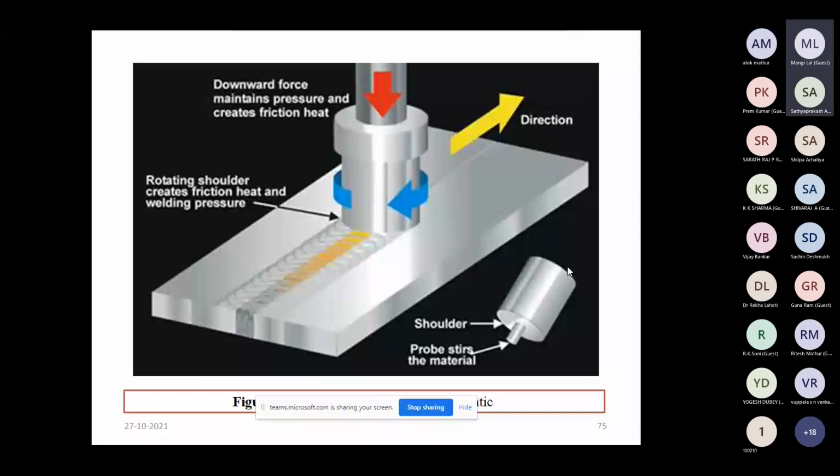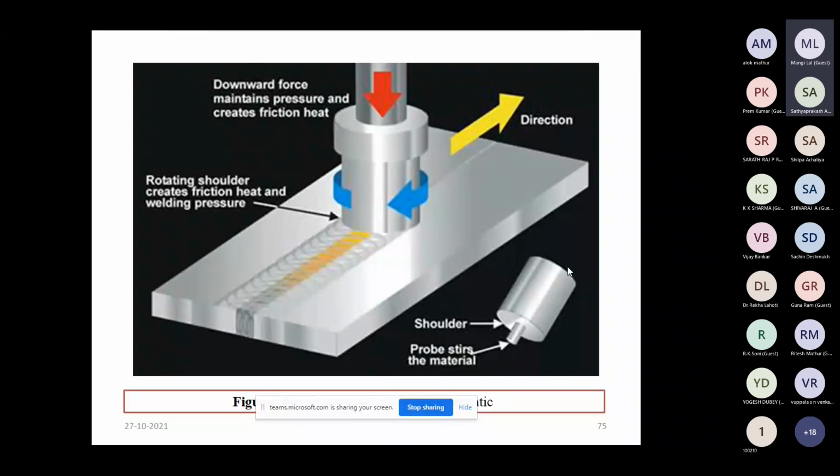Okay, so this tool is compressed against the joint, against the material to be joined. Due to the large pressure, frictional heat is generated, and there is also a movement of this shoulder from one direction to another, and the pin that is inbuilt in the shoulder is simultaneously rotated or stirred.